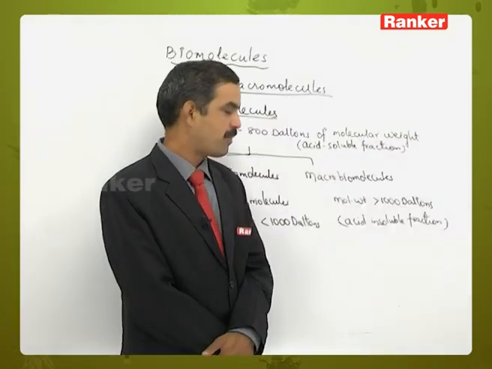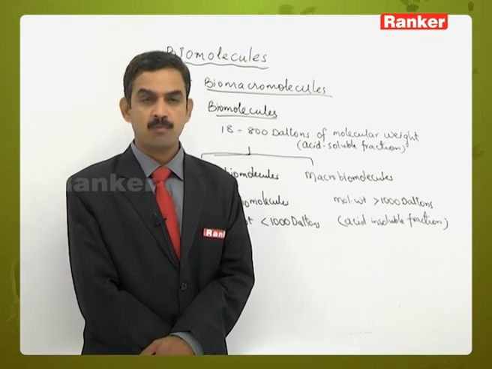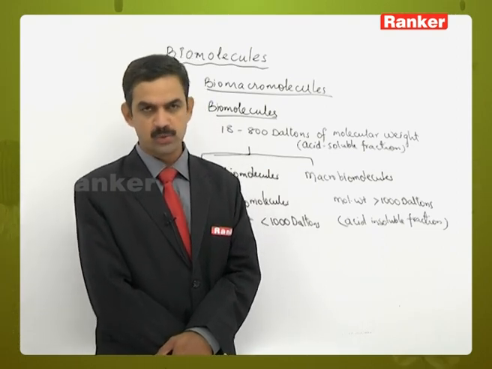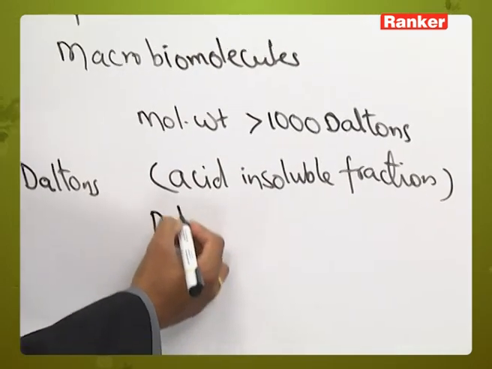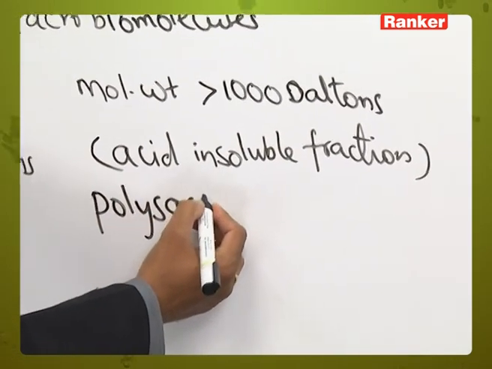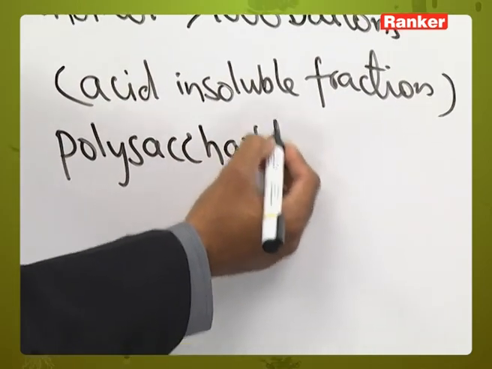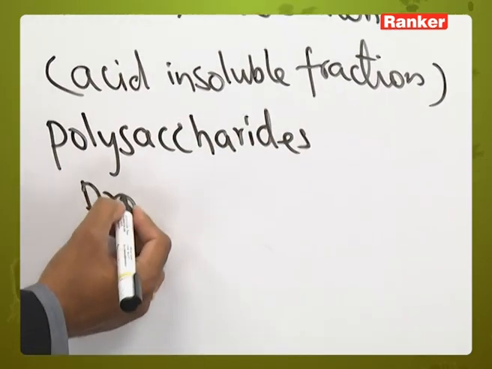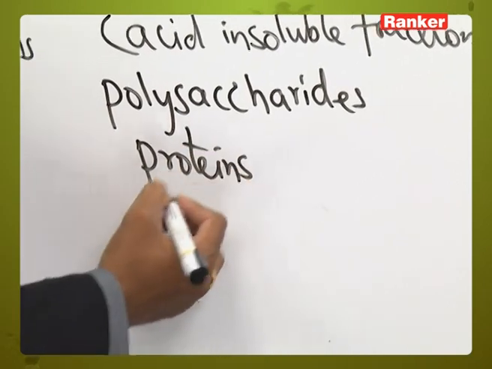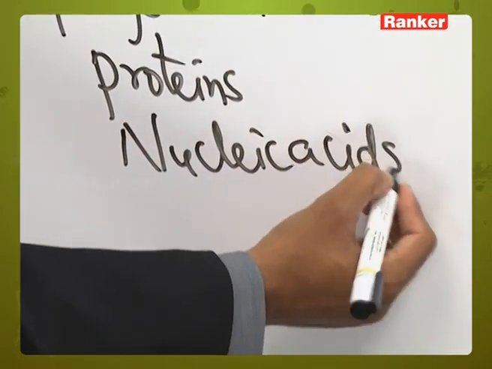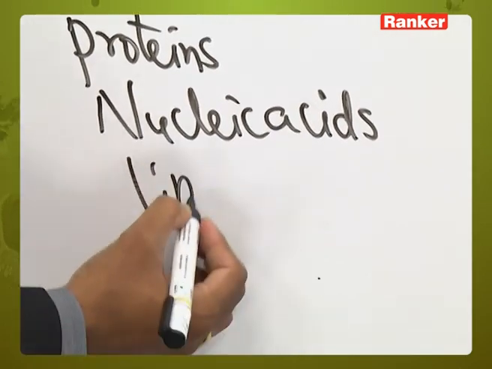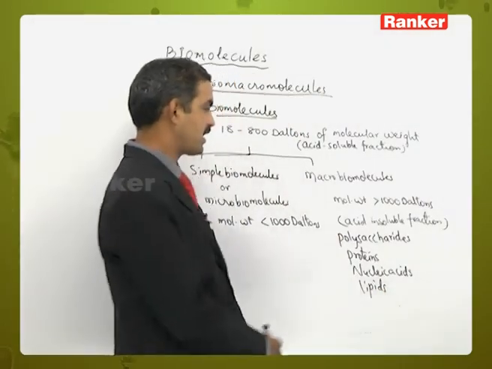Then what are the types of biomolecules which are part of biomacromolecules? We can take the example of polysaccharides, proteins, nucleic acids, and lipids. These are the ones which are part of the